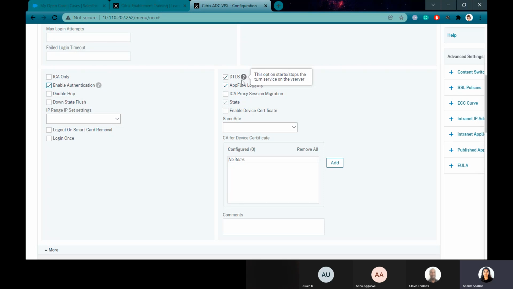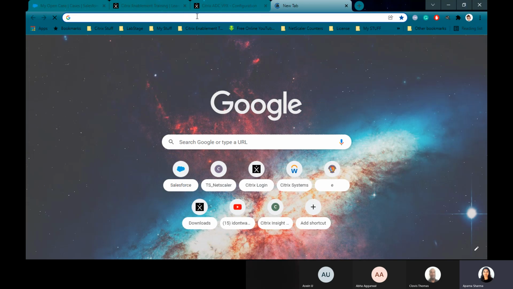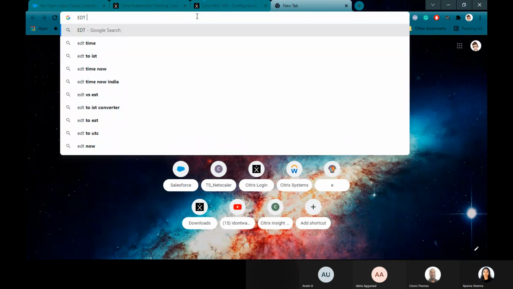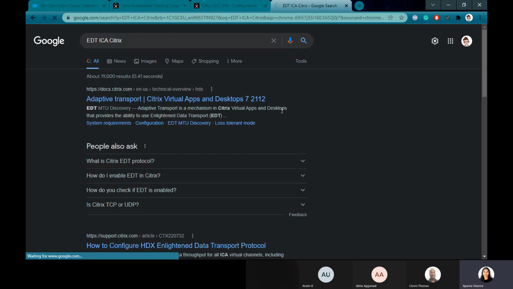This comes into the picture only when we are launching an application. Your Workspace does a DTLS, it sends a client hello on DTLS rather than an SSL handshake. So it's going to be on UDP, and if the DTLS handshake is successful on the front end, we are going to have EDT communication on the back end. EDT is again our proprietary, an adaptive